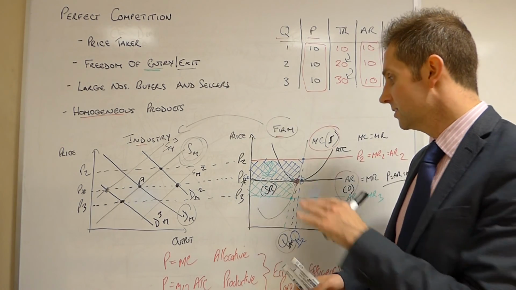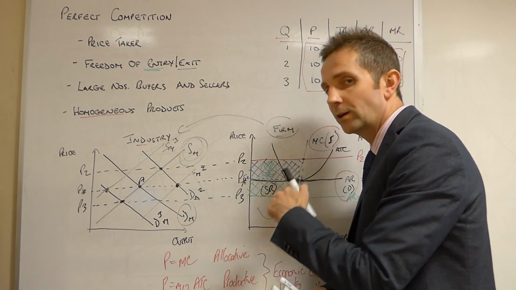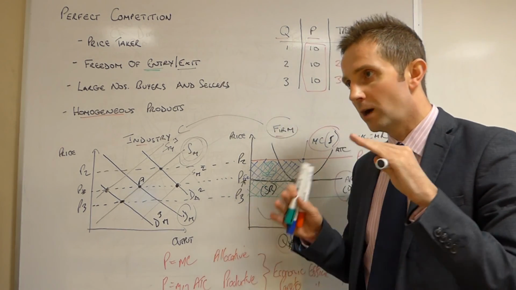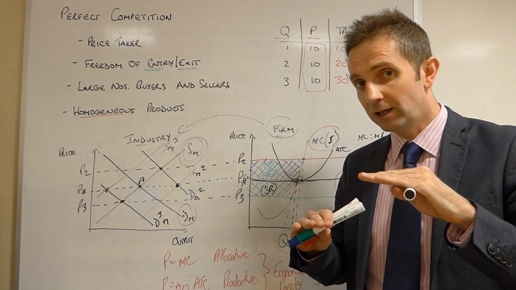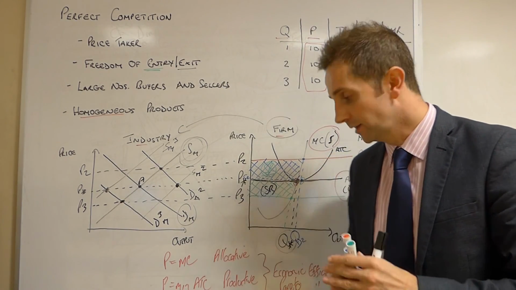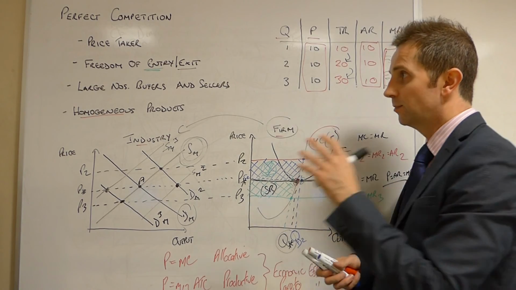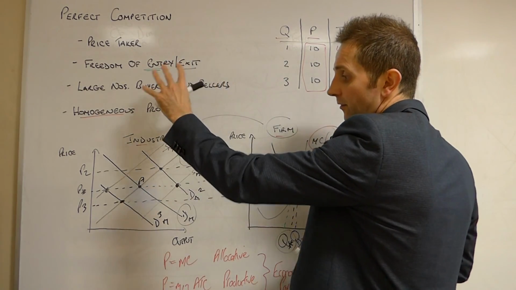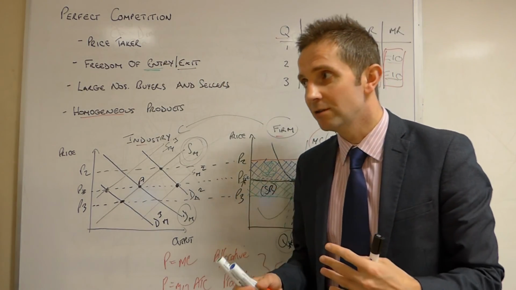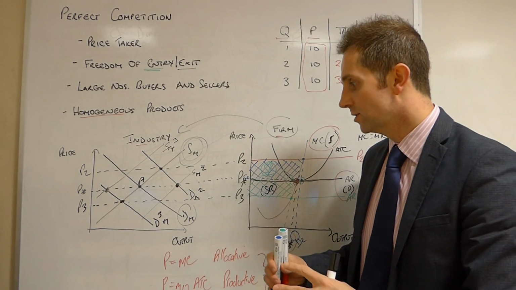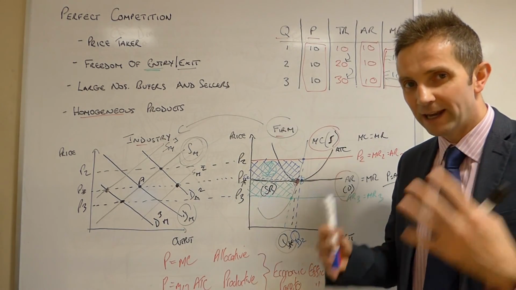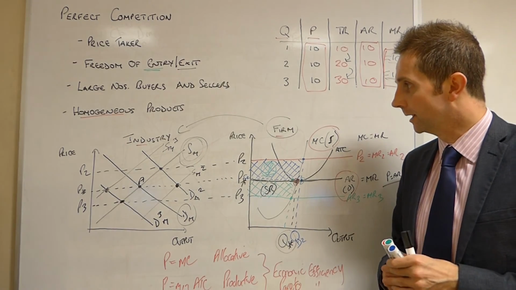So that, ladies and gentlemen, in a nutshell, is perfect competitive markets. And the whole reason it works and why we have normal profits in the long run and why it's economically efficient, so that's productively and allocatively, is because, primarily, the firms, if they want to get out of the market, they can do. If they want to enter the market, they can do as well. So this freedom of entry and exit is key here, really.